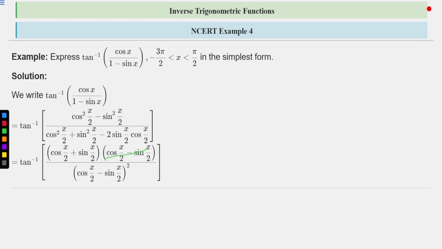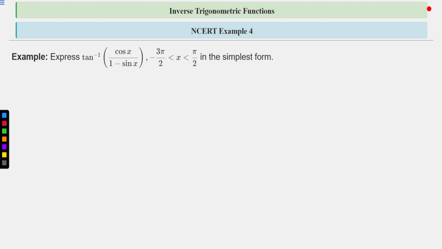Now you can see one factor will cancel out eventually, right? One minus term in the numerator and one in the denominator will cancel out, and you are left with tan inverse cos x by 2 plus sin x by 2 upon cos x by 2 minus sin x by 2,